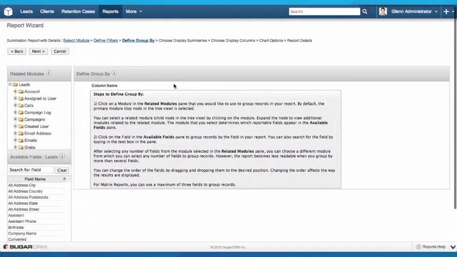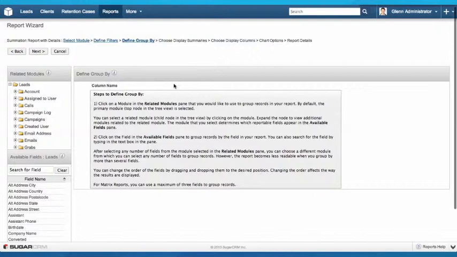This is really critical to understanding how the chart's going to come out. So in order to chart any information, that information needs to be grouped in some way, and the reason for that is that we can't graph a total on its own. Let's say we're trying to get an idea of, in this case, total leads by lead source. Lead source is what we're grouping by,